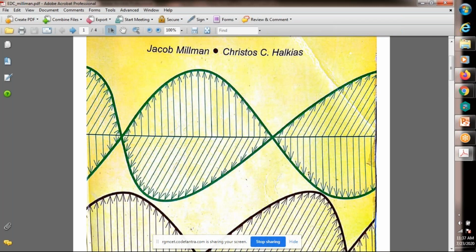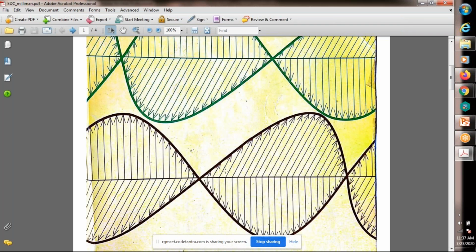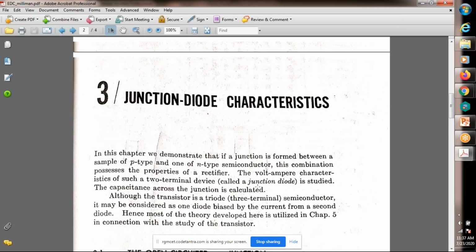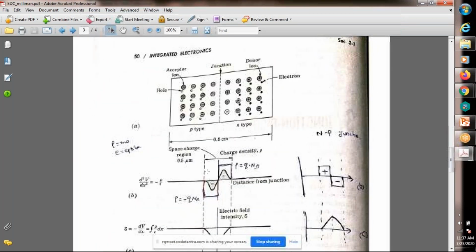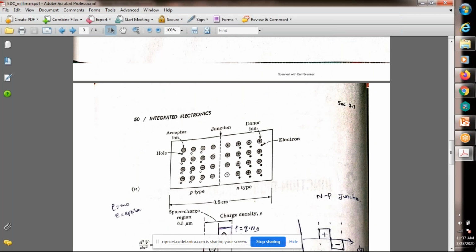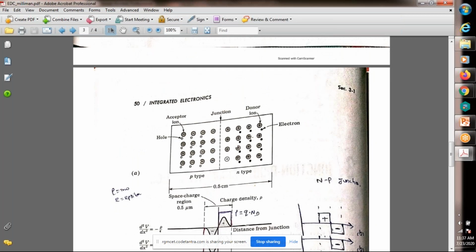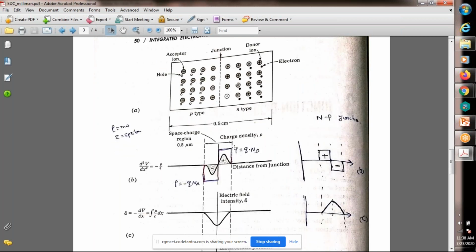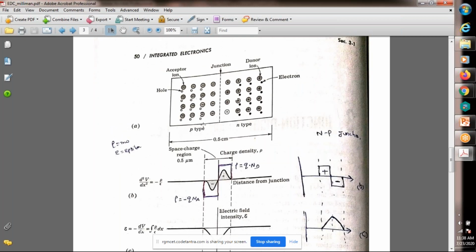Now here, what I explain is again the open circuited PN junction, in the third chapter. You consider the left hand side P and the right hand side N, whereas Rajavi sir considered the left hand side N and the right hand side P. The concept is the same. Here also everything is the same, right?